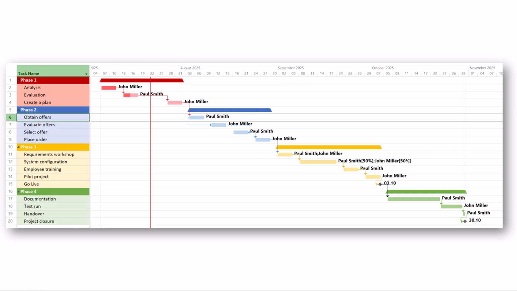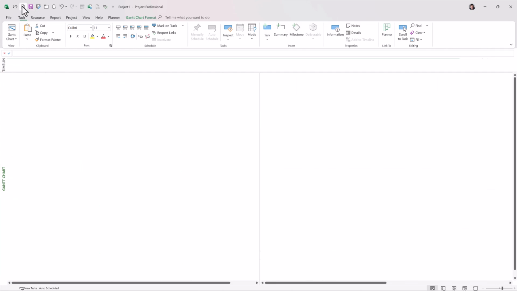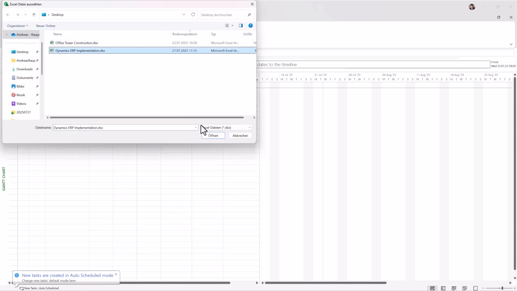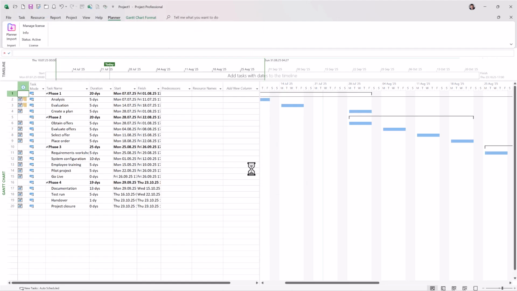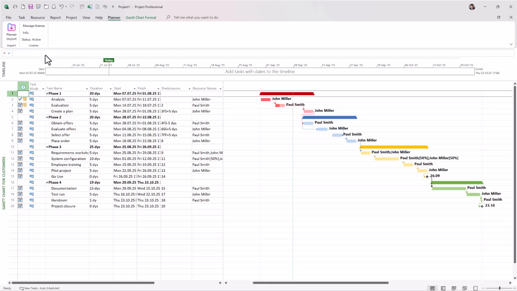Next, I show you how to format these bars, shapes and colors. To demonstrate this, I'll import another planner plan into MS Project using the add-in. And now the bar colors in the Gantt chart need to be adjusted. As you've seen earlier, I've created a second view that applies this formatting automatically. And for that, I would like to give you ideas on how to implement this. But first,